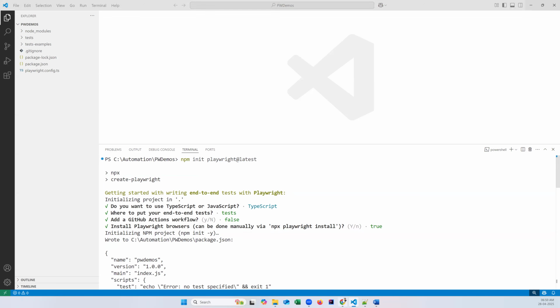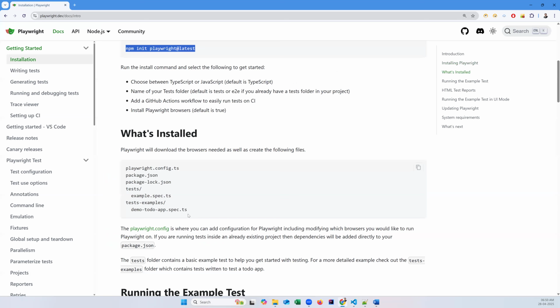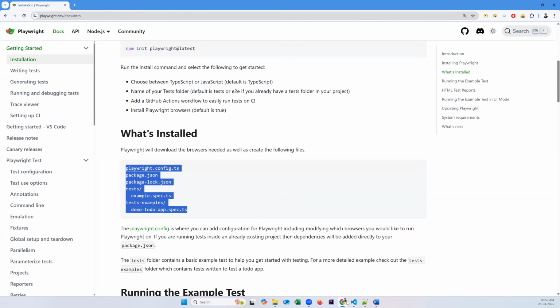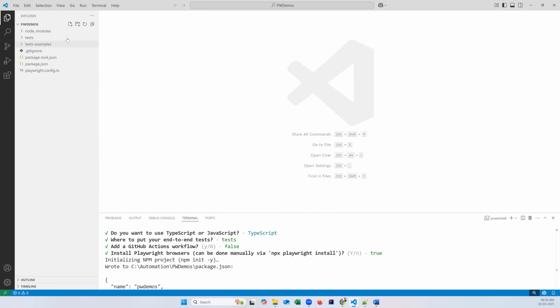So once you have installed Playwright, let us see some of the files which I have already created. As soon as we install Playwright, you will see the folder structure like this. This is very important to understand. This is your folder structure. The main important thing is